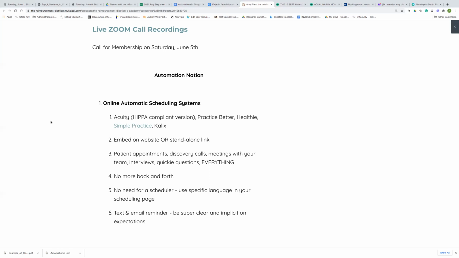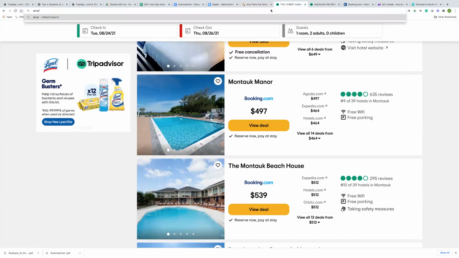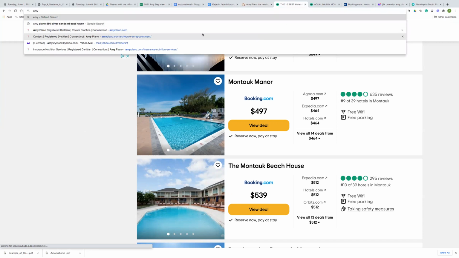But the EMRs are all HIPAA compliant, meaning you sign a BAA, a business associate agreement, with these scheduling sites. So if you have not automated your process, I think this is such a good way to spend any available time that you have. So on my scheduling, when you go to amyplano.com,